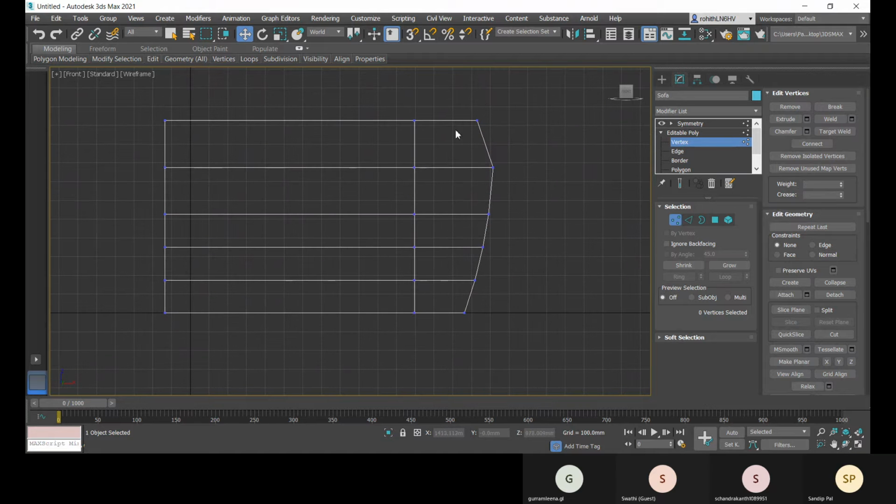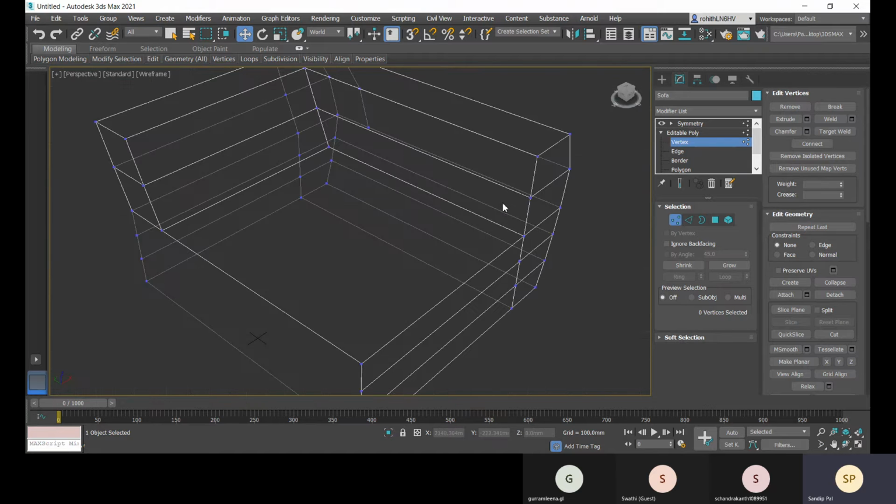You can add some more segments so that you can divide it better. Let me show you that.